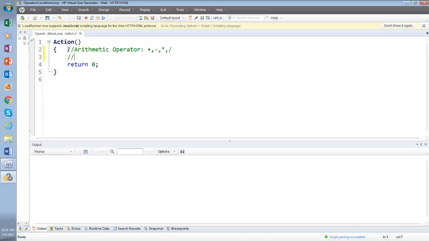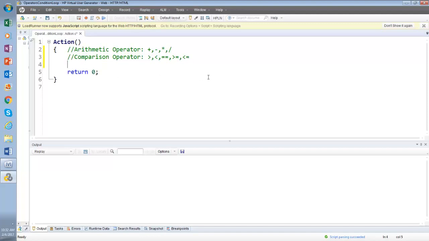Then comparison operators, like greater than, and then smaller than, and then in C we write equal to as this, equal to, actually comparison, and then greater than or equal to, less than or equal to.